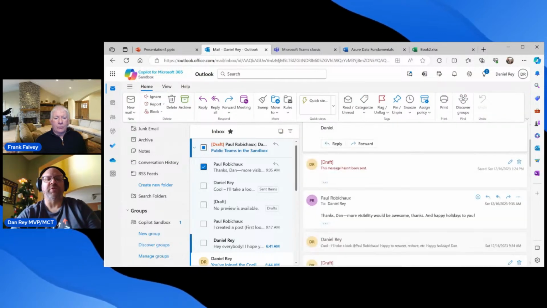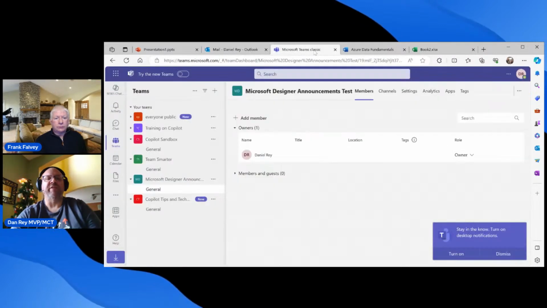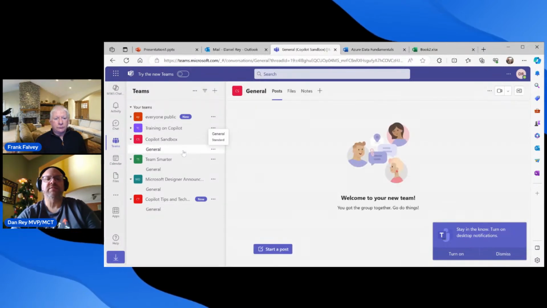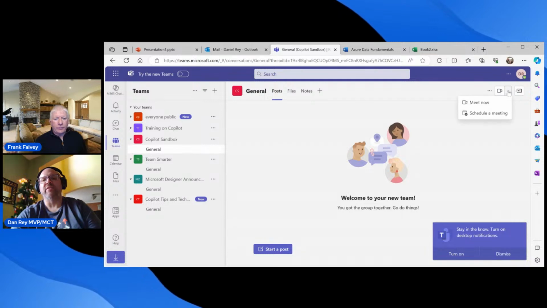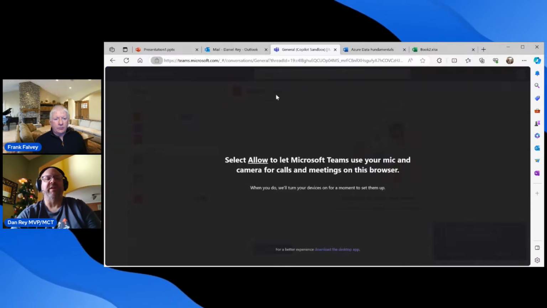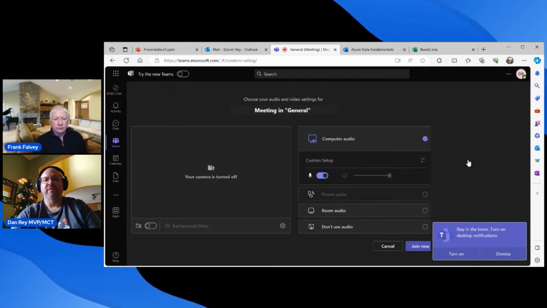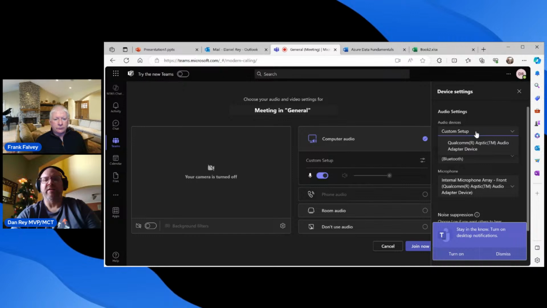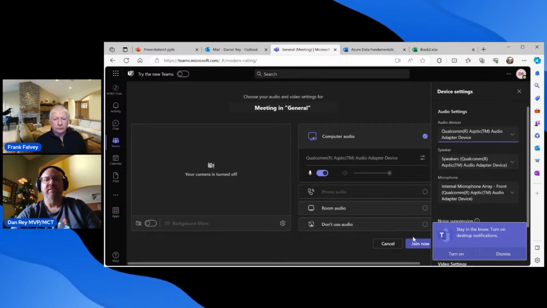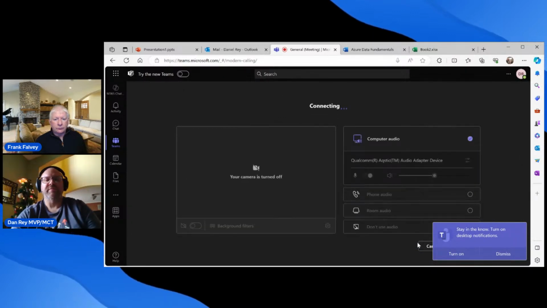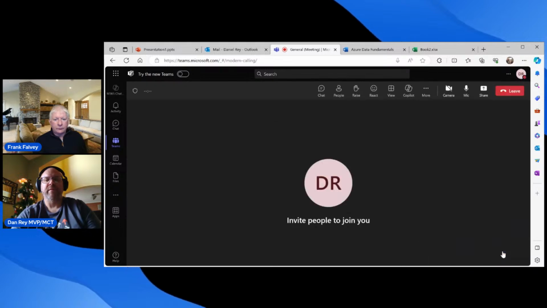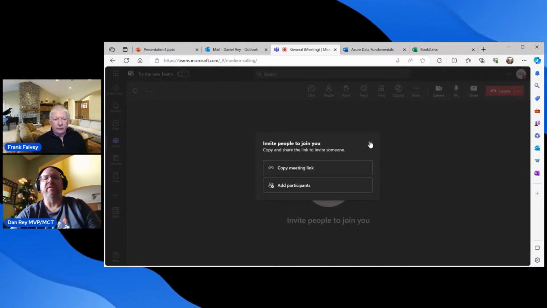I believe that one's just going to me or a select group of people that I've put into that group. And then we can come over to Teams and look at my Copilot sandbox. In the upper right, we could do a meet now to immediately start a meeting. See what kind of audio sources I have. See if we can do this. My camera's in use, but the